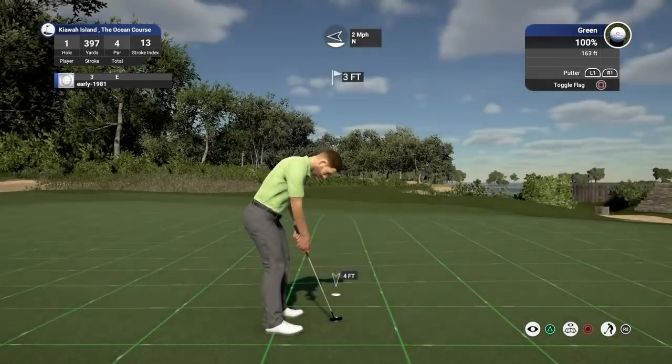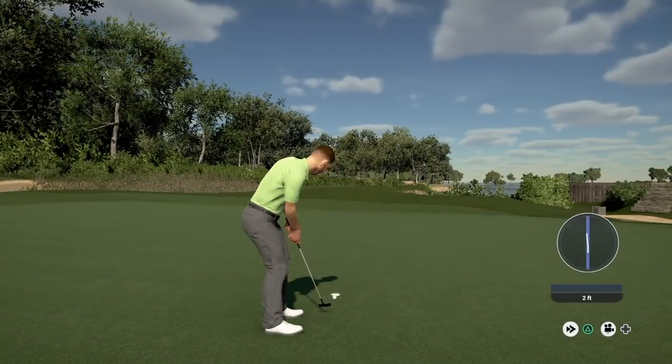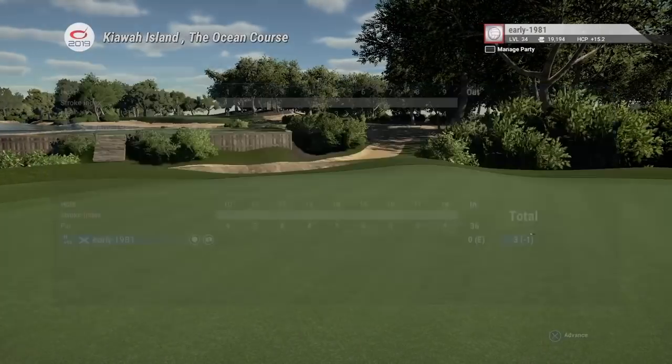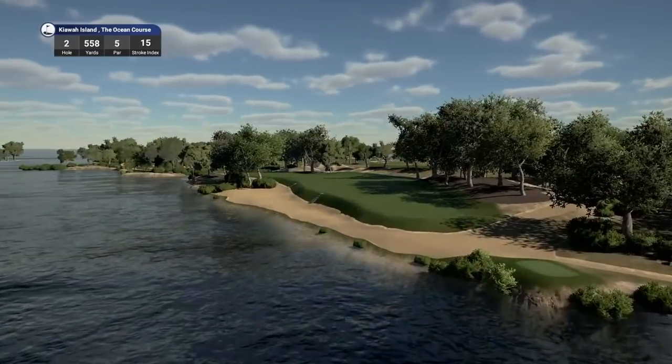So here, hopefully I can walk away with birdie. The green speeds are 163. Very little movement in this one. And we do start off with a birdie on the first hole. Always nice to pick that up, starting your round under par. Not bad. So let's move on to hole number 2, which is a par 5, playing 558 yards, stroke index